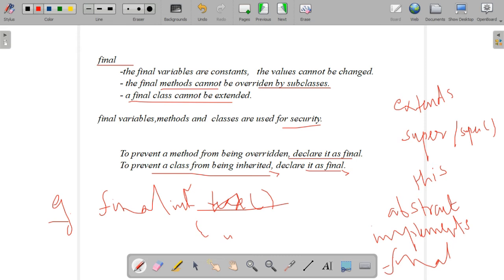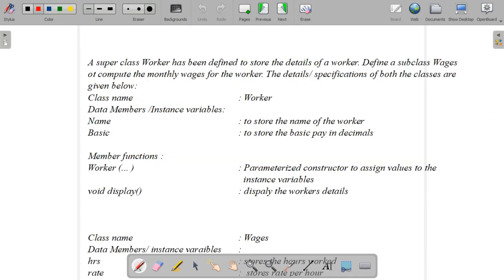So these are the uses of the particular keywords. These are very important terms and concepts in the inheritance chapter. These, super, extends, implements, interface, final, are the keywords preferable for the 2-mark questions, and you need to know how they work and what is the use of each.